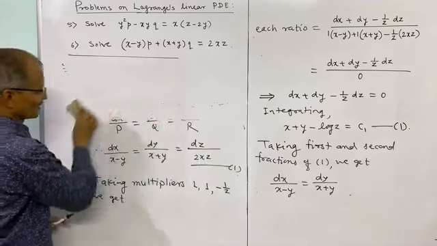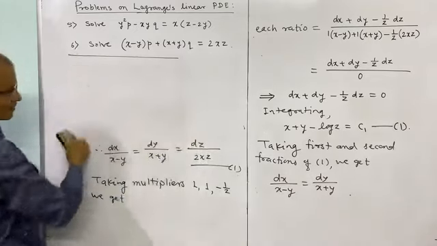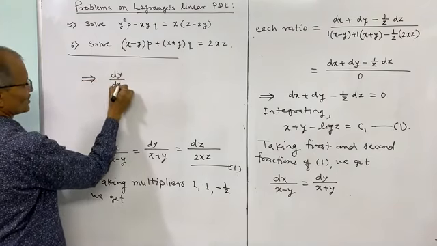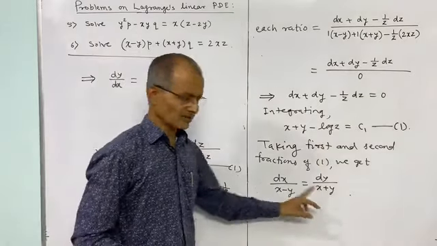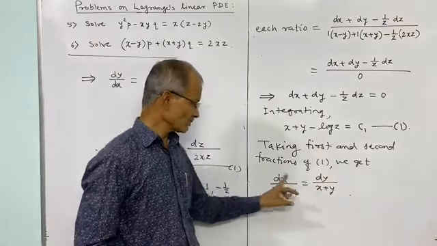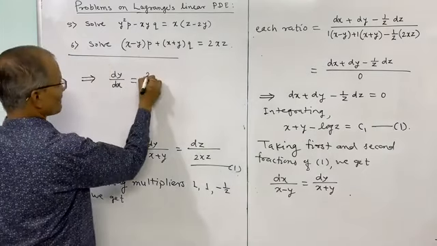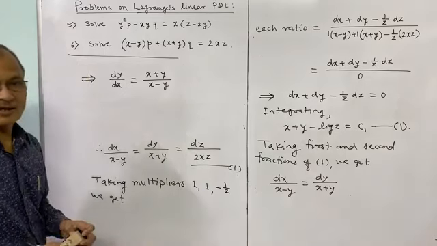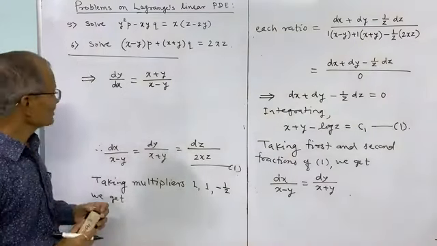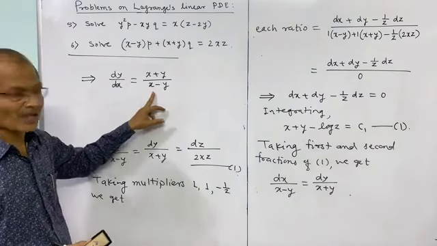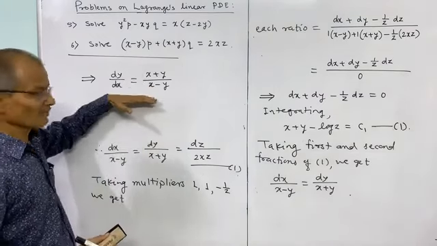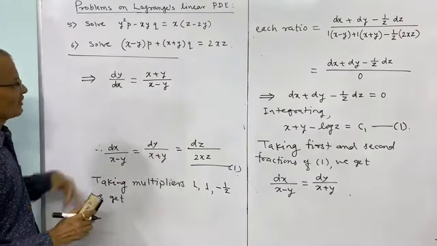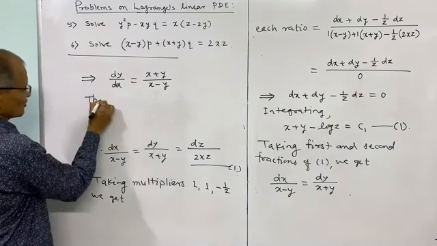dy by dx. This implies dy by dx is equal to, interchange these two terms, shift here. So dy upon dx is x plus y divided by x minus y. And what this shows, we have studied these equations earlier. This is homogeneous of first degree, a homogeneous ordinary differential equation. And what is the method for this? So this is a homogeneous